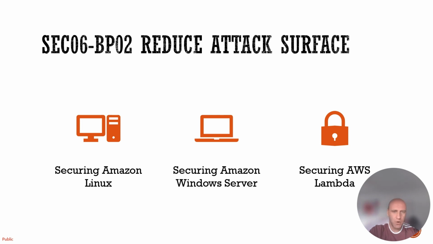Obviously, as we discussed, patch management or vulnerability management is very important in securing those machines and making sure that we reduce the attack surface. But most organizations nowadays are moving away from deploying infrastructure as a service, and everyone is moving towards